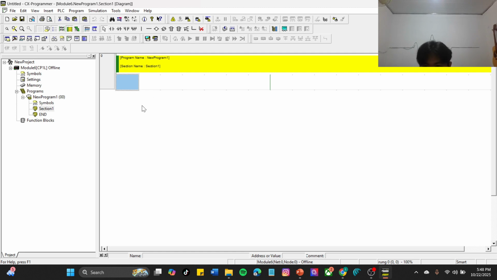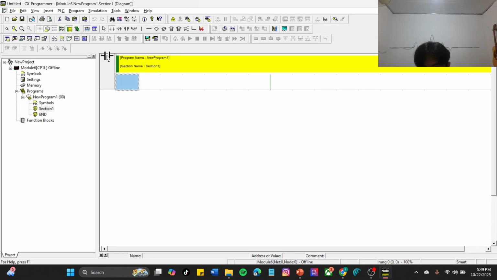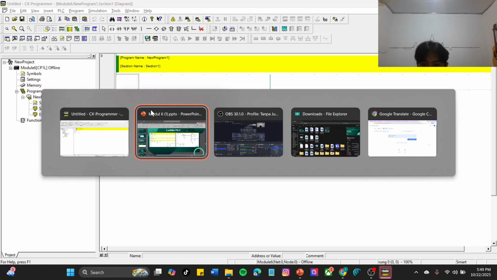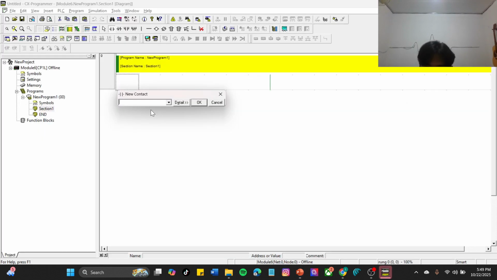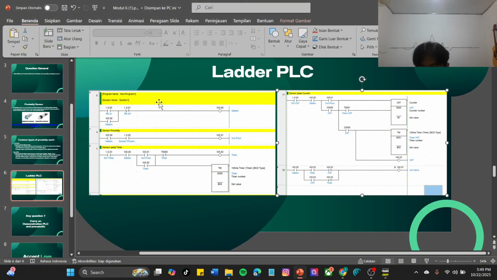Now here is the interface where it works. You can make the ladder PLC here like this. The first one, you can make a contact PB on, address 000, enter PB on.